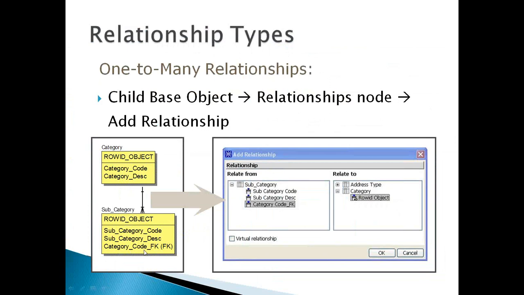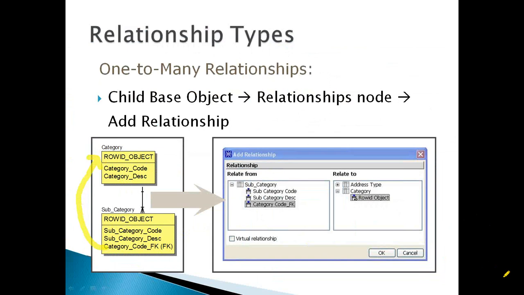So we have created this column, category called foreign key. Here FK is represented. Usually you will not see this FK on the MDM side. This is just for referencing purposes, to show that this is a foreign key column. So here what we do, we create the foreign key column, and this column is mapped to the row ID object of the parent table.